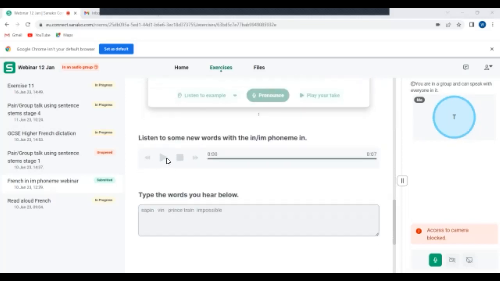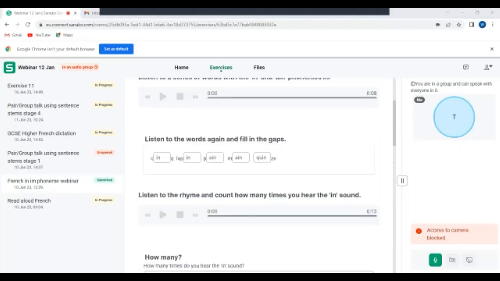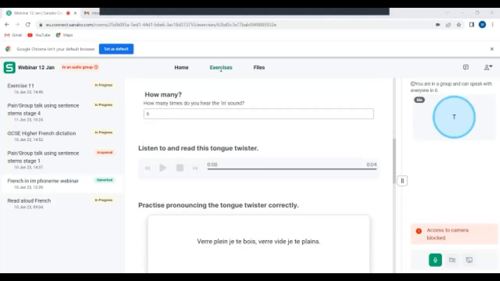And then finally, we can listen to some new words with the sound in and have a go at typing them below. And then when we've completed everything, we click on the submit button to send it off, and then the teacher would be able to have a look at what the students have answered, both the gap fill activity, which will be marked automatically by the computer, the tallying of the number of sounds would be automatically marked,